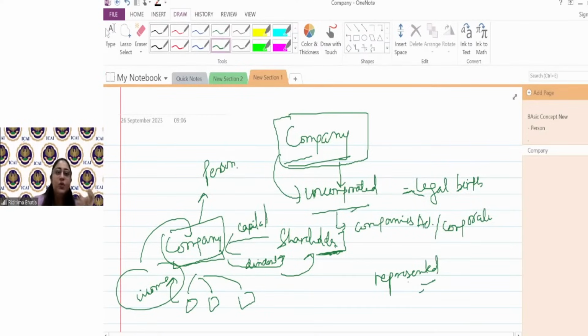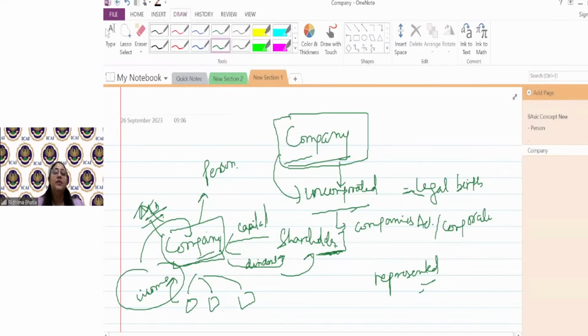Because sign करने के लिए तो कोई बंदा चाहिए, right? तो वो represent करते हैं companies को, या represent करते हैं shareholders, represent करते हैं कोई भी artificial person को. Like कर्ता represents HUF, right? वैसे companies are represented by the managing director. इसका कोई MD होगा जो individual होगा, right? Who will sign all the documents on behalf of the company. So इसका मतलब ये नहीं कि MD is a company. No, MD is just representing the company.